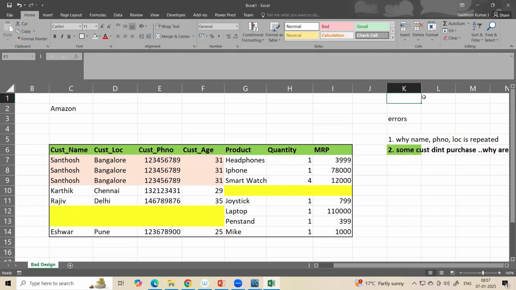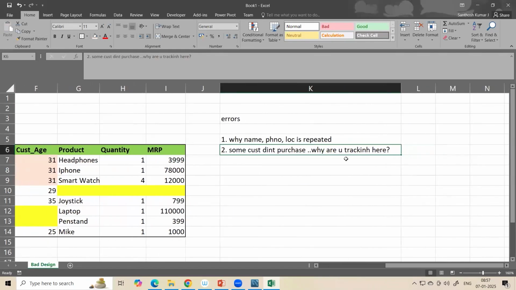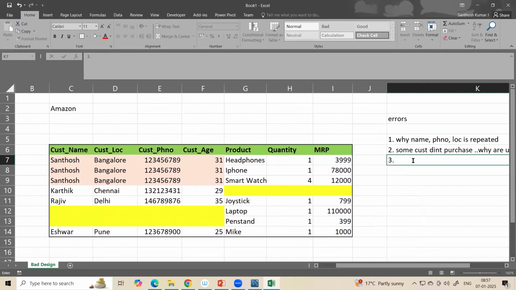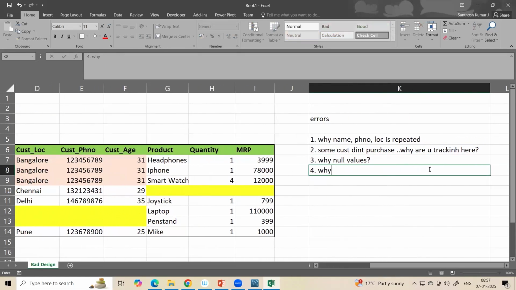So that is the second mistake. The third mistake is why there are null values. Okay. And the fourth one is why all